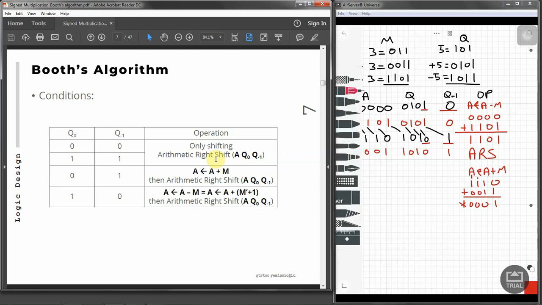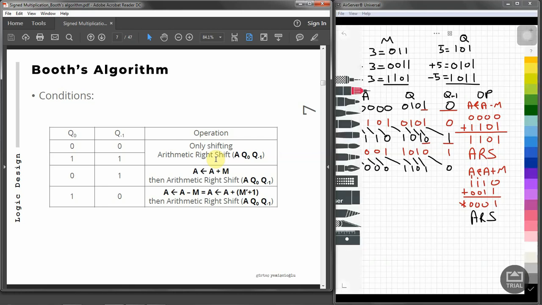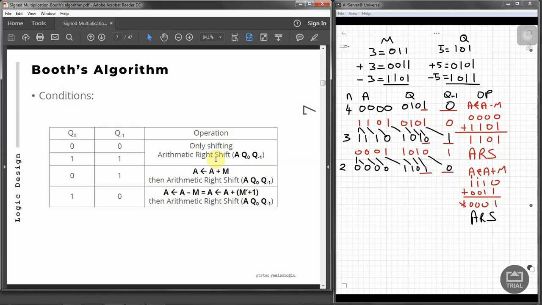Now we do another arithmetic right shift. So with that arithmetic right shift, we have got 0, and that 0 is also shifted over here. 0 0 0 1 1 0 1. So we actually perform the arithmetic right shift over there, and now we reduce n to 2. Then we check again until we have got 0 on n. Now it is 1 0. That means we have to perform a